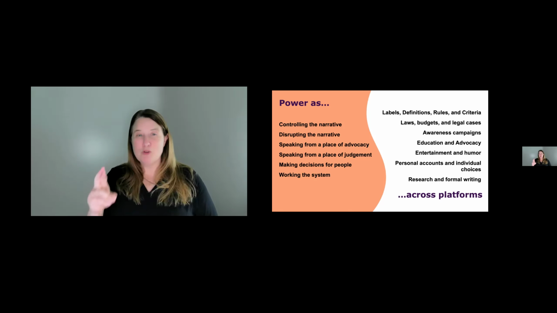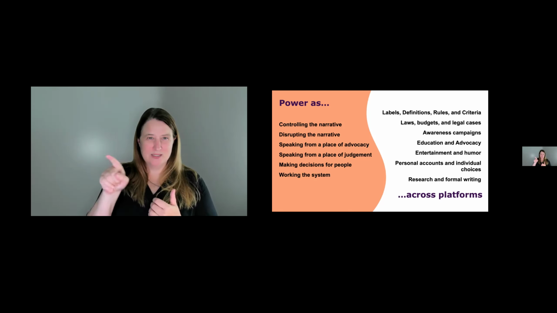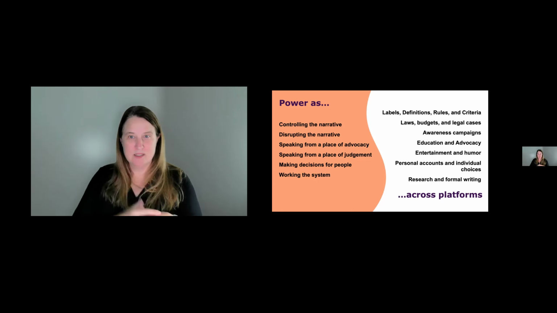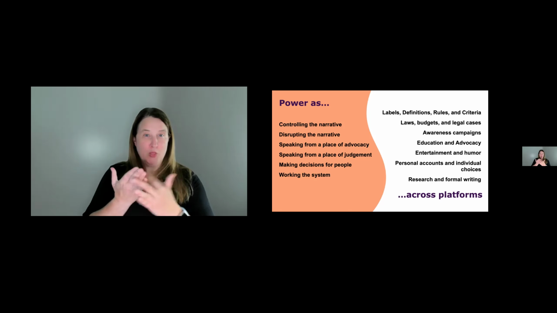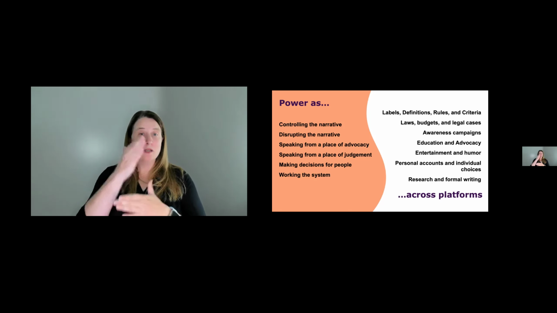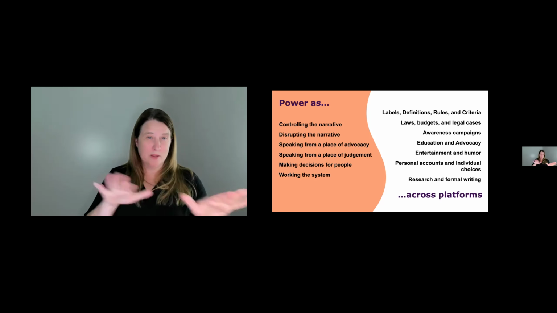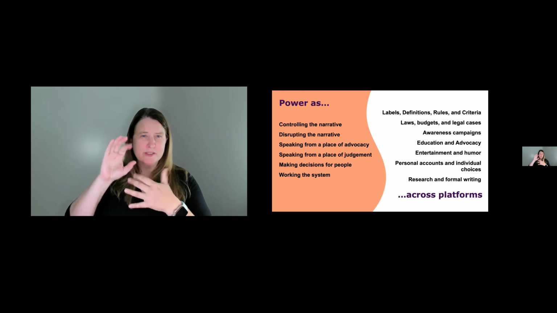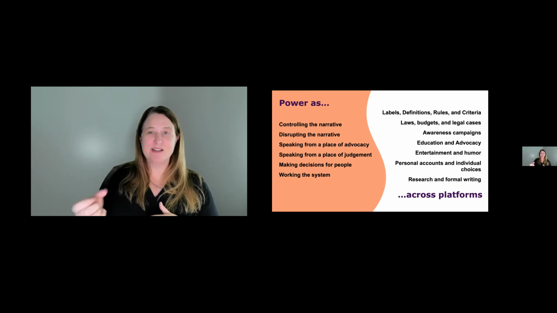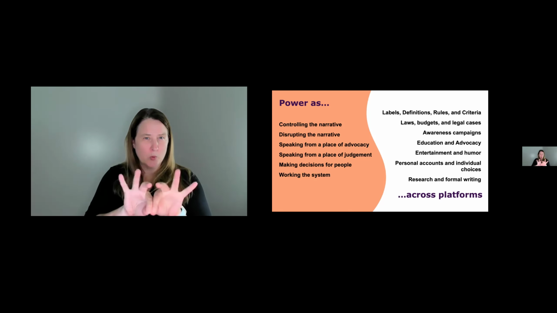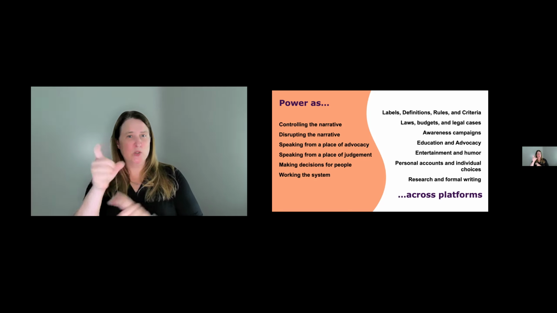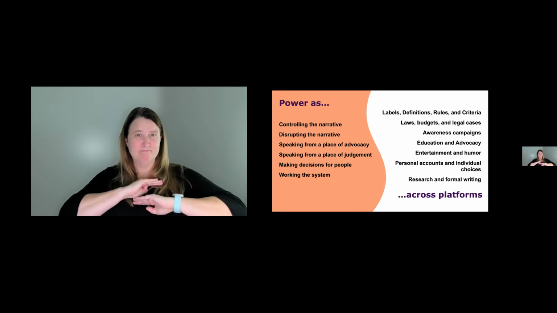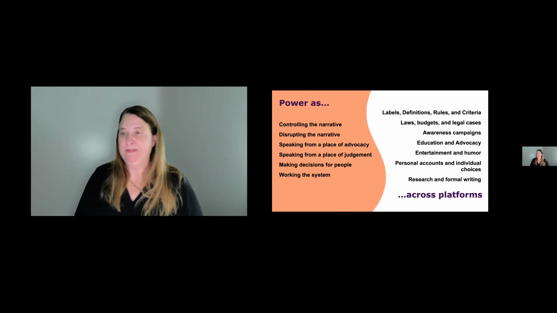So you have power and action on the left, and on the right, that's resources, documents, writings, the processes. So language being represented through those mediums. Some, again, are informal or formal, but it's labels, it's definitions, it's rules, it's criteria. Just the words that are used are really important. So a specific diagnosis from a doctor falls into that, and that's a specific criteria.